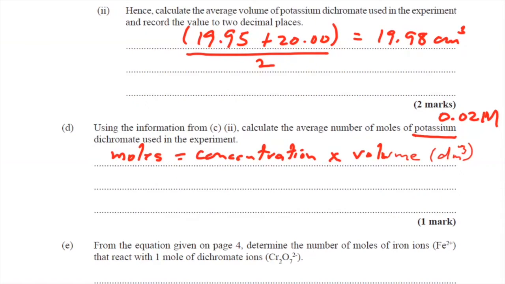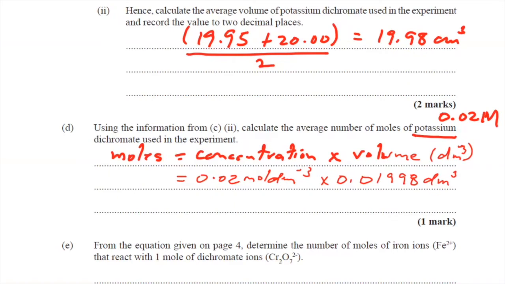So we'll have 0.02 moles per dm cube times, and we're going to be converting our 19.98 cm cube to dm cube by dividing by 1,000. So that would give us 0.01998